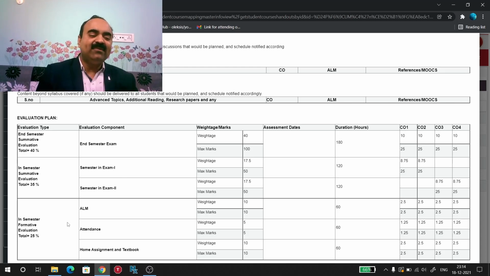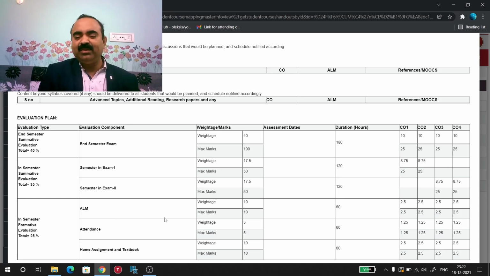The rest 25 marks will be allocated for formative evaluation. Dear students, in semester formative evaluation is for 25 marks. There are three components in formative assessment in this course: 1 ALM, 2 attendance, and 3 home assignment and textbooks.